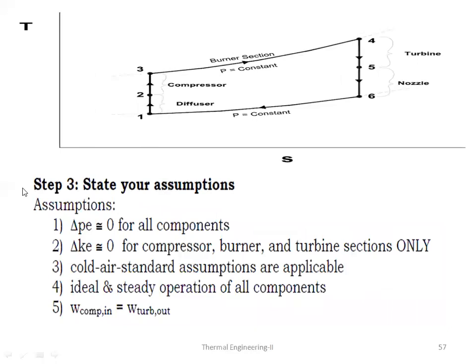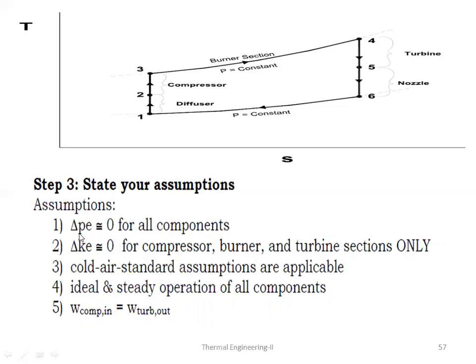Let us recall some of the assumptions that are taken for the ideal cases, because in the problem we mentioned that all the processes from the diffuser to the nozzle are executing ideally. There are no actual processes. So using that ideal condition, we are going to solve the remaining unknowns. Whenever ideal conditions exist, we take these assumptions. Let us recall them.